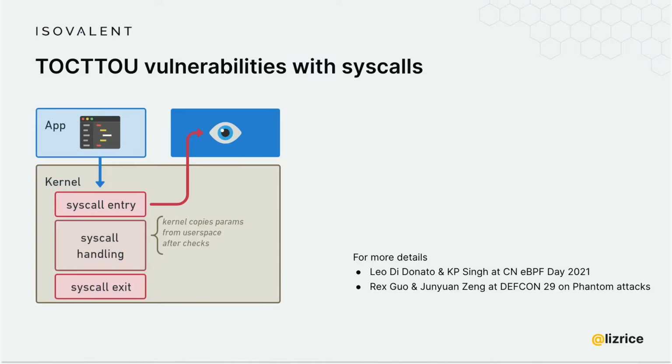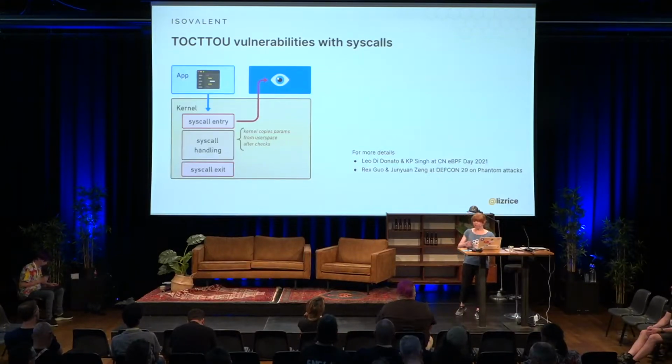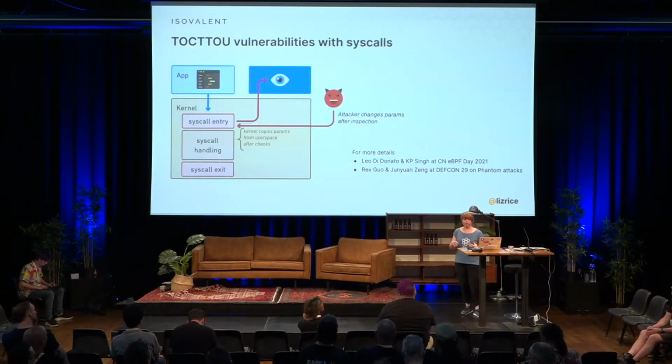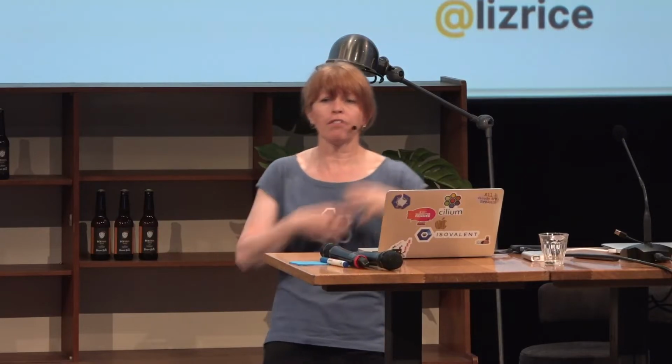The problem is that if we look at the entry to a system call, we're looking at parameters that have been passed in from user space. When the kernel's going to actually do the thing that it's going to do, it has to copy the information from those parameters and build a kernel data structure. And there is an opportunity, it's what's called a time of check to time of use vulnerability. It's not really a vulnerability because it's the kernel working as intended, but there is an opportunity for an attacker to modify those parameters after we've looked at them, but before the kernel has copied them and built up its